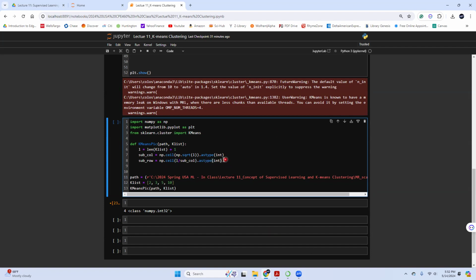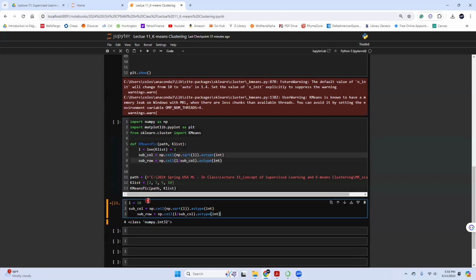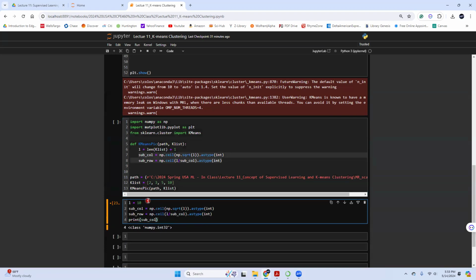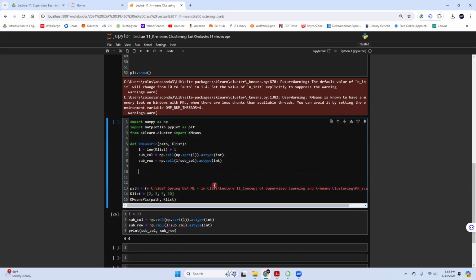Okay, so now we can just play something for fun. L equal to, let's say, 10. Okay, great. So if L equal to 10, it will give me 3 by 4. Row first: 3 rows, 4 columns, which is absolutely correct. And then suppose L equal to 12, it should be the same, 3 by 4. But if it's 13, it's going to be 4 by 4. So here I've already figured out how many rows and columns I'm going to have.